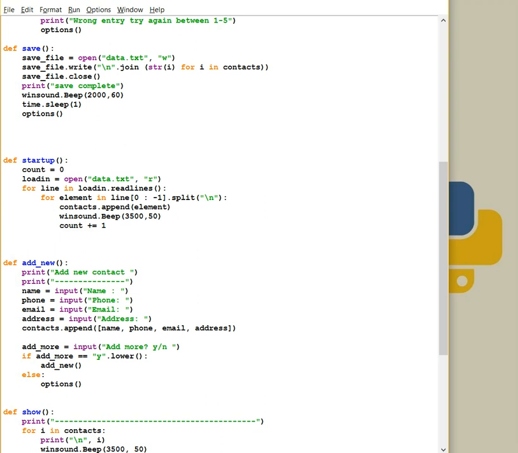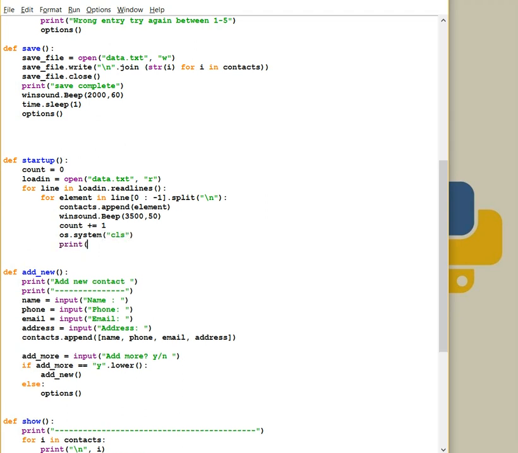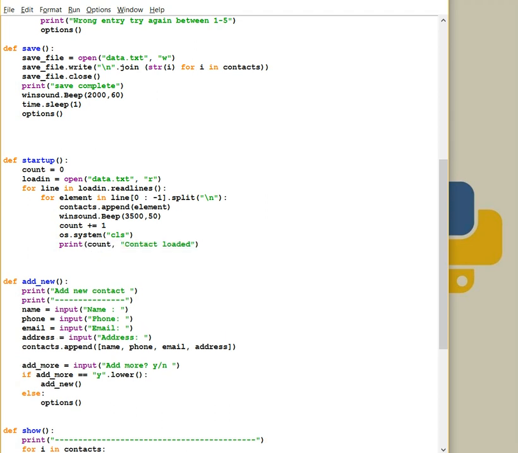No print, let's clean screen, os.system cls, and now print count, and here contact loaded, something like that. Time.sleep, make it visible for us, 0.10 maybe, and after